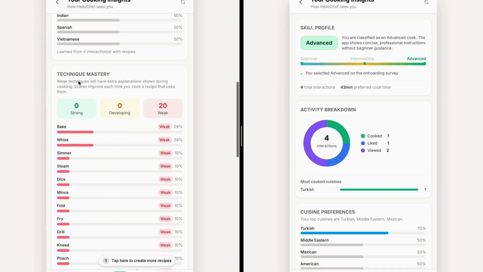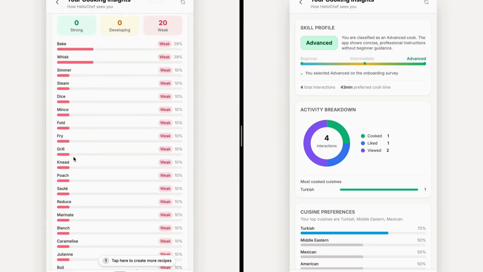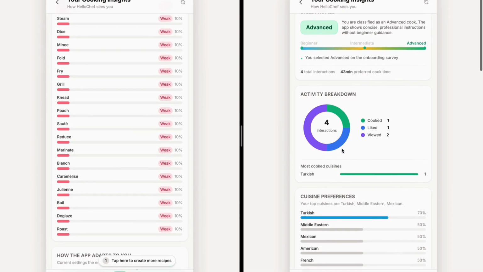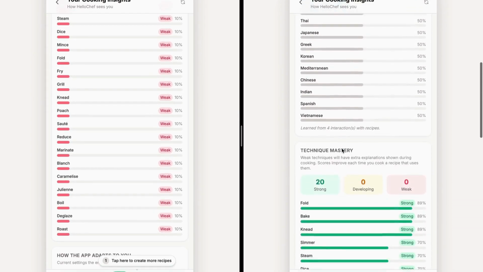If I go down, you can see the technique mastery, it also changed the score for the bake and whisk because those techniques are used for that specific recipe. These are the by default the score for the beginner level. If you see the same score for the advanced user,